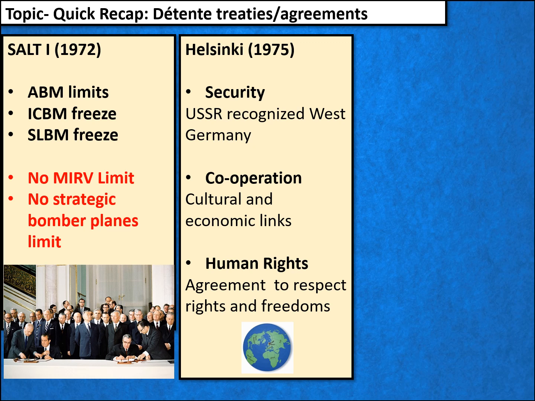which would go on to become increasingly important in the détente period and a source of friction, as the Americans weren't happy with some of the actions of the Soviets with regards to dissidents. But there was an agreement put in place to respect rights and individual freedoms.